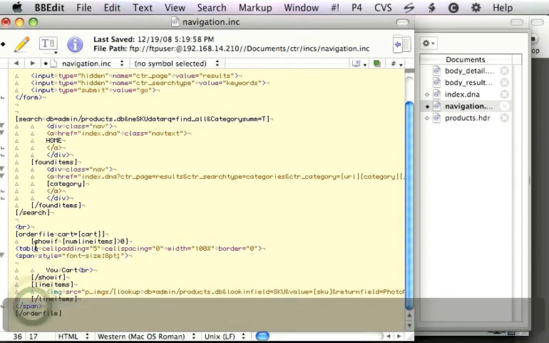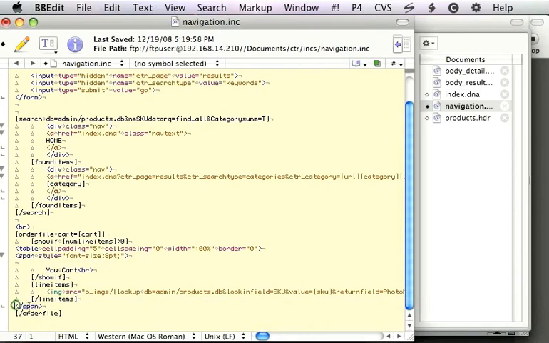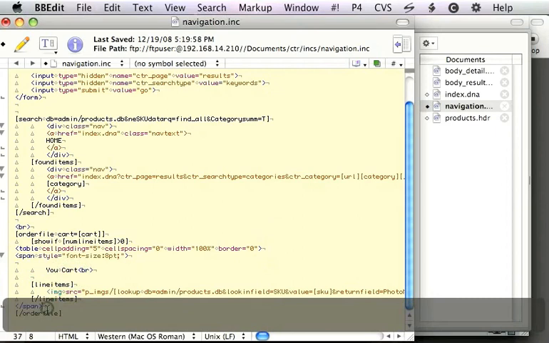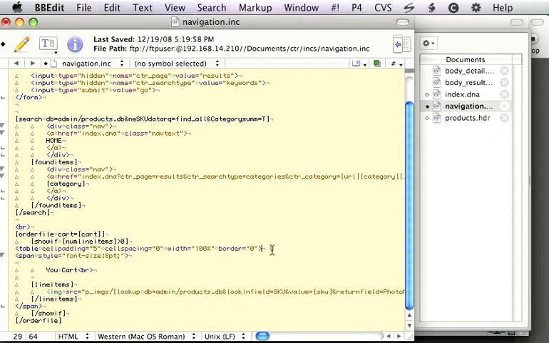What I'm thinking here is I want to hide this whole table if there aren't any items in the cart. We have to do the end. Show up here. So, alright, so let's do